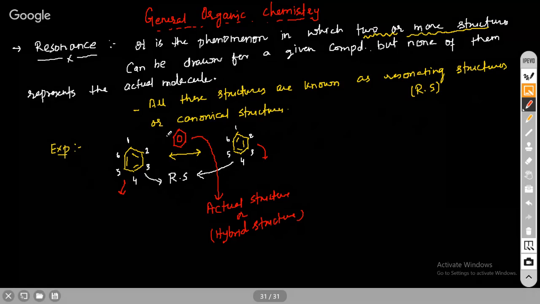So when you are able to draw resonating structures of any compound, all those resonating structures combine into the hybrid structure of that molecule. None of these resonating structures represents the actual molecule. The actual molecule is the hybrid of all these resonating structures. Now if we talk about this benzene molecule here,